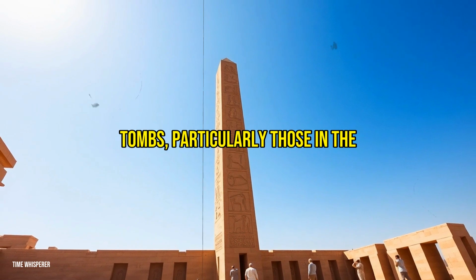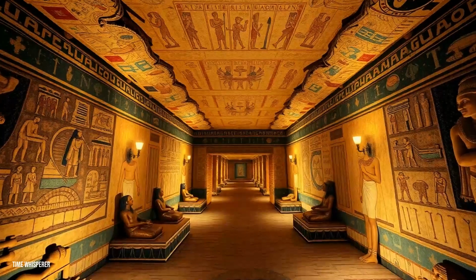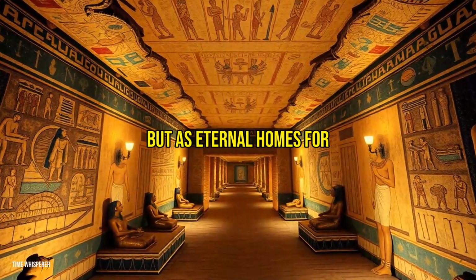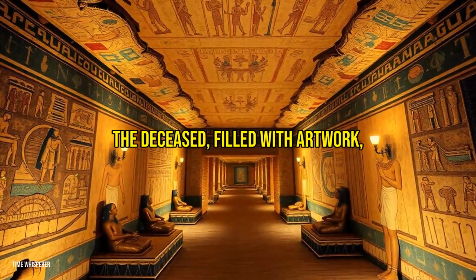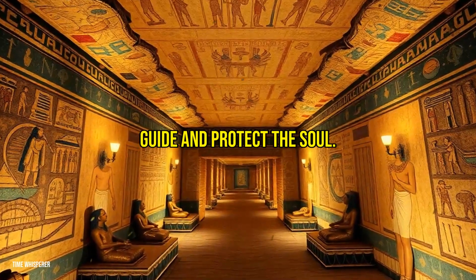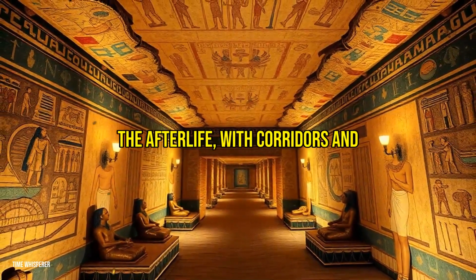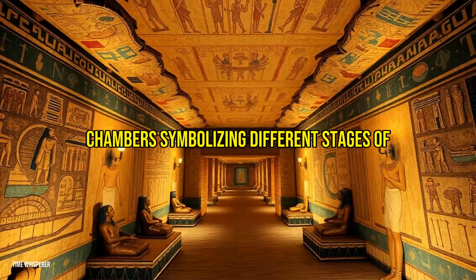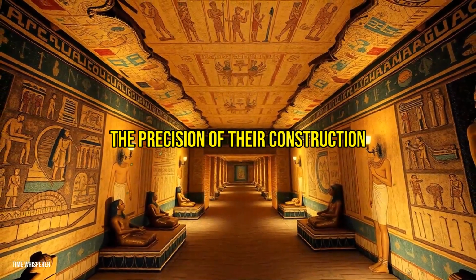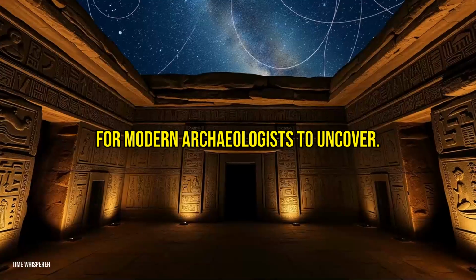Tombs, particularly those in the Valley of the Kings, reveal the Egyptians' dedication to the afterlife. These underground chambers were designed not only as burial places but as eternal homes for the deceased, filled with artwork, treasures, and inscriptions intended to guide and protect the soul. The layout of these tombs often mirrored the journey to the afterlife, with corridors and chambers symbolizing different stages of the soul's passage. The precision of their construction ensured these tombs remained intact for millennia, preserving their secrets for modern